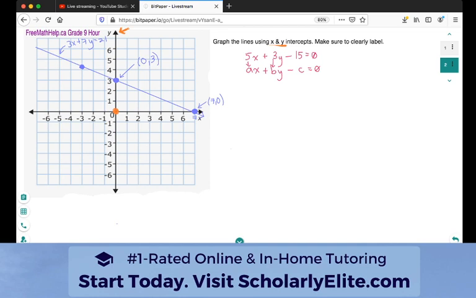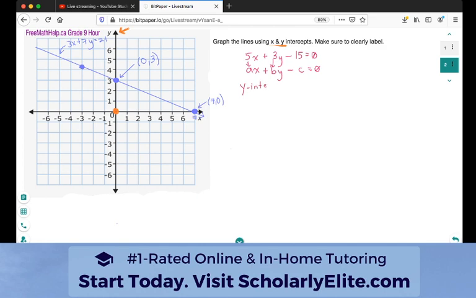Just as we said before, when we're solving for the x and y intercepts, all that means is you're asking at what point on the x-axis or the y-axis does the line cross that axis. And no matter what, at the y-axis, the x value is always going to be 0, and at the x-axis, the y value is always going to be 0, just as we saw with our last question. So whenever I'm given a question like this, I can say to myself, if they want the intercepts, all I have to do is plug in 0 for the other term. So we're going to start off with the